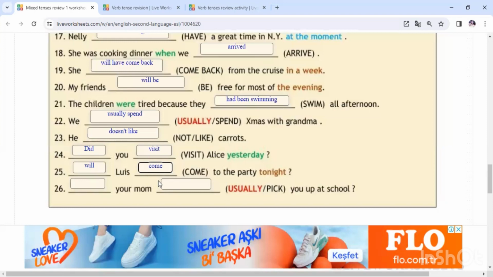Deniz, are you here? Buradayım hocam. Can you translate it? Luis partiye bu gece gelecek mi? Well done, yes. Okay. Ali,